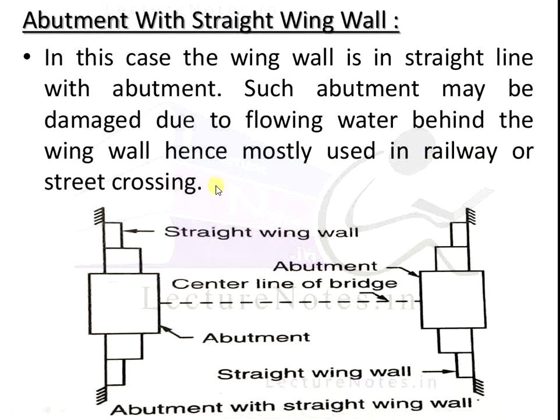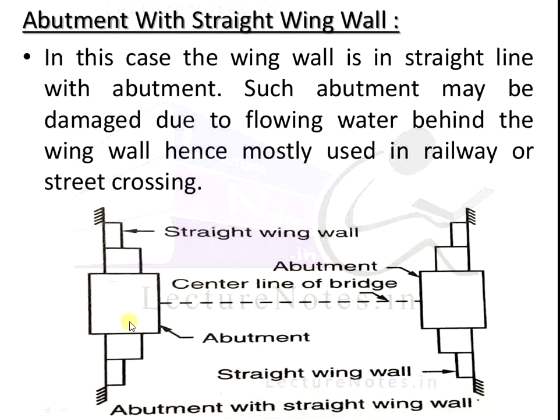In this type, the wing wall is in a straight line with the abutment, and it can be damaged by water flowing behind the wing wall, so we use this type for railway or street crossing. In this picture we can see the straight wing wall,